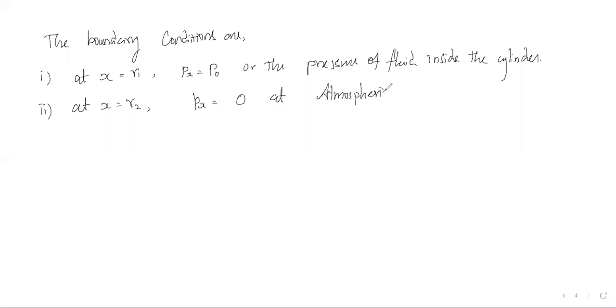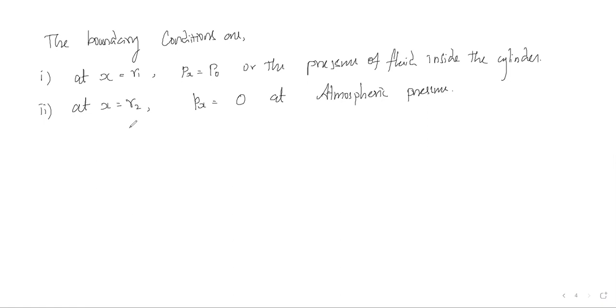By using these conditions, we can find the values of A and B. Then if we substitute those A and B values in px and sigma x, we can find the values of